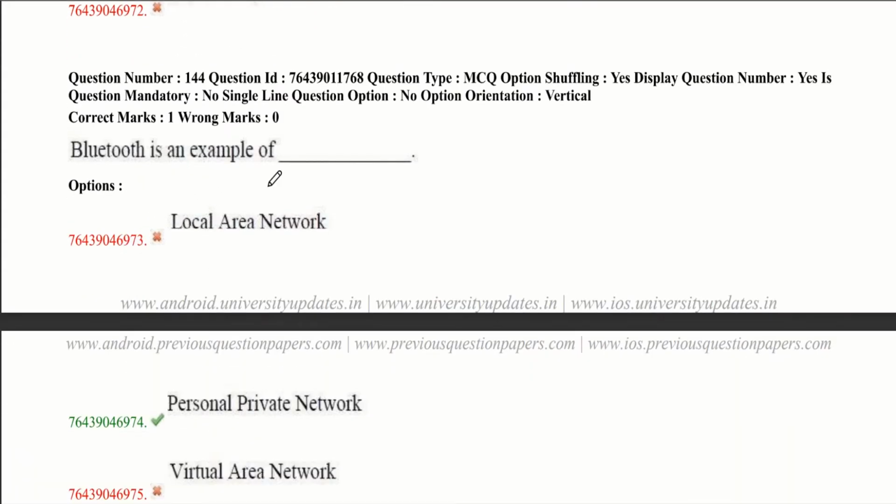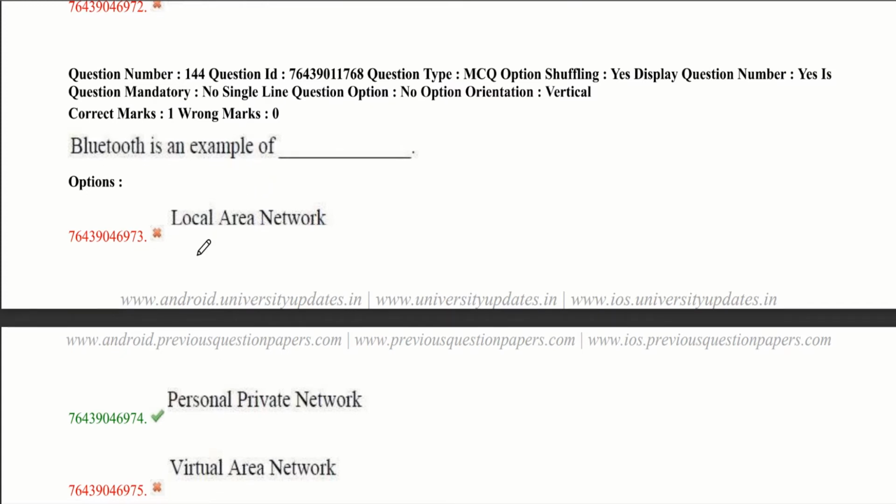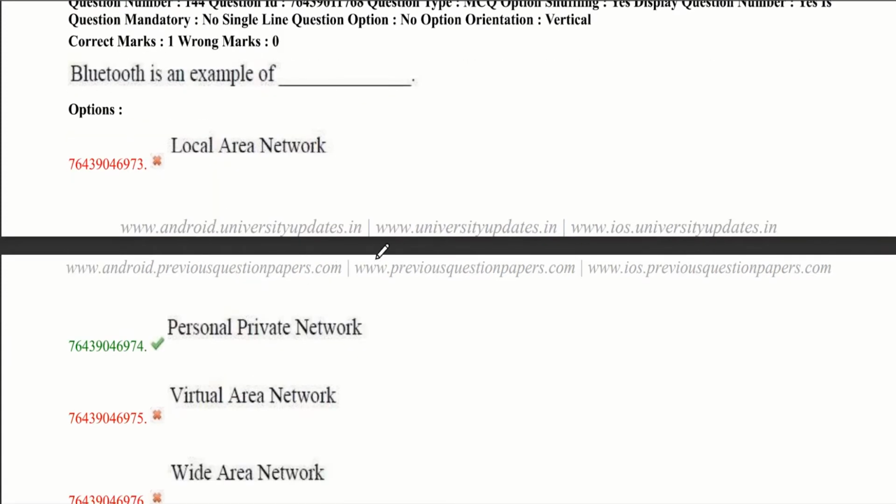Bluetooth is an example of a PAN or PPN network. PAN means personal area network. LAN: a group of computers connected to an Ethernet at one place.